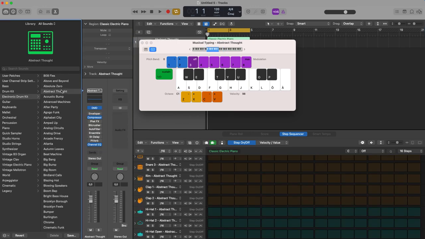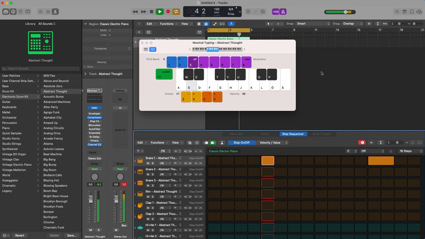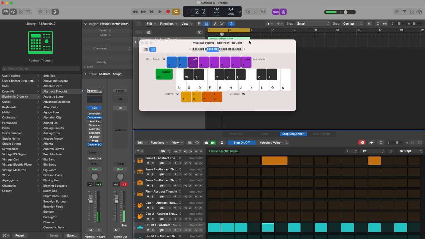I go to C1. I press this little record button. I switch on the metronome. I go to play. And that's it. And now we can also rename the rows.